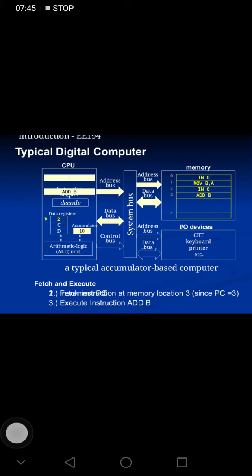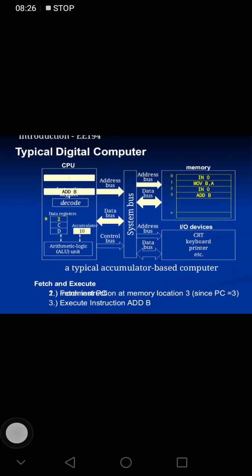That's why when you say IN 0, it means you input variables at port 0. When you say port 0, in our bus or I/O devices, we have ports. In our chips, we have port 0, port 1, up to some given value of port. So when you say IN 0, we are inputting some variables at port 0.